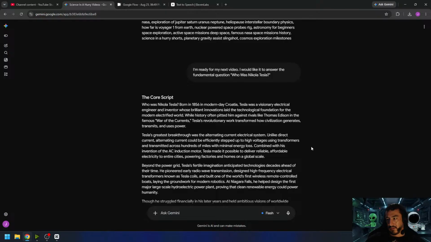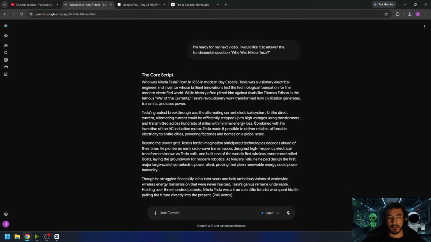But every so often, I will come across something that I feel might be questionable and is new to me, and I will do additional follow-up to make sure that that information is correct. But for the most part, as long as I can remember, I've never had any issues, especially with Gemini nowadays. It's just gotten better and better. But anyway, if we take a look at the script,